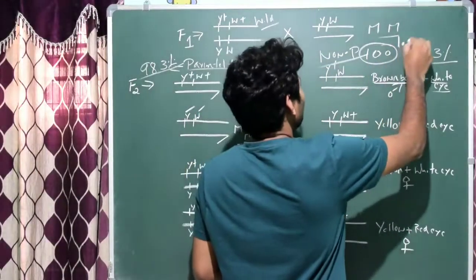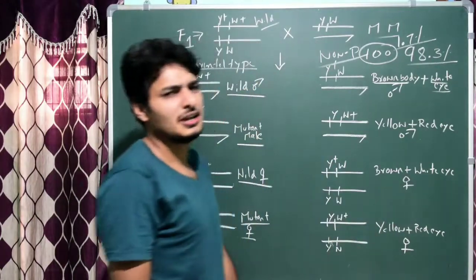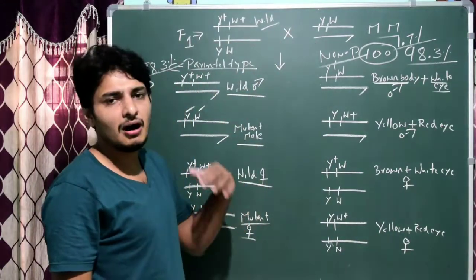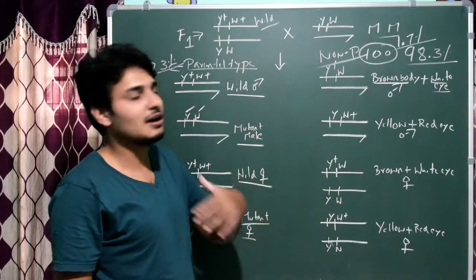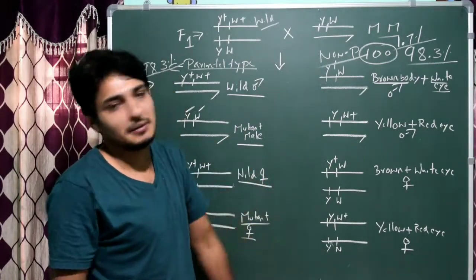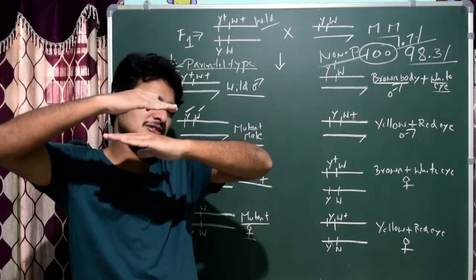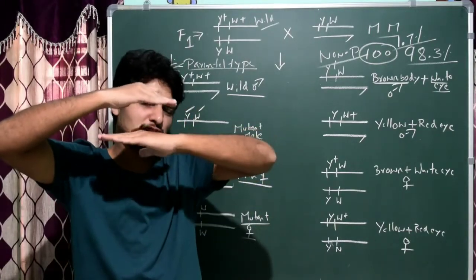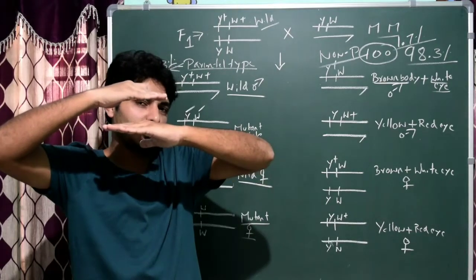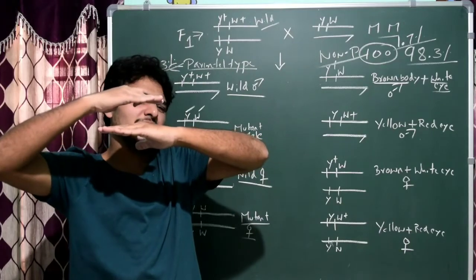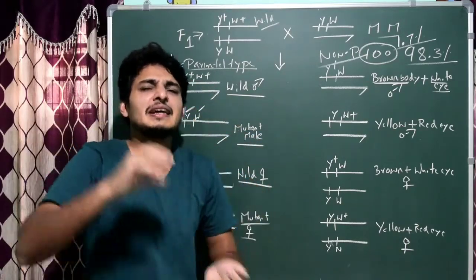That is very less, about 1.5 to 1.7 percent. Let us take 98 of them as parental type characters, whereas only 2 offspring are exhibiting non-parental type. That means during crossing over, the Y gene or Y plus gene, which is very closely associated with the W plus or W gene, whatever it is, maybe separated. That means it very rarely happens.